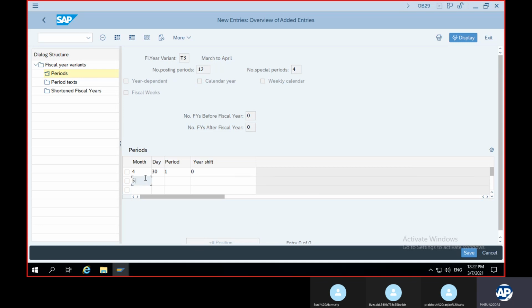Same for May, 31 days, period 2, year shift 0. Month 6, June, 30 days, period 3, year shift 0. July will be 31 days, period is 4, year shift is 0.